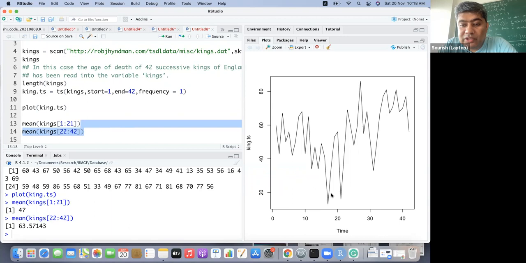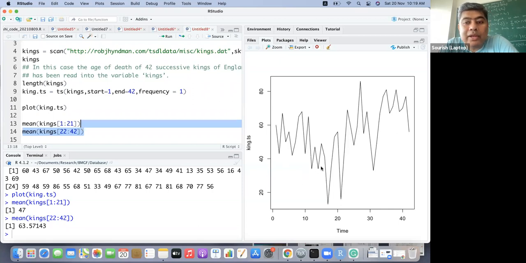So apparently these guys are sitting here, whereas these guys are sitting here. The recent kings have an average life expectancy near 60, whereas the older kings have an average life expectancy of about 40.